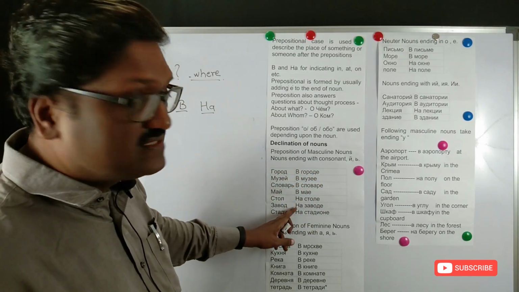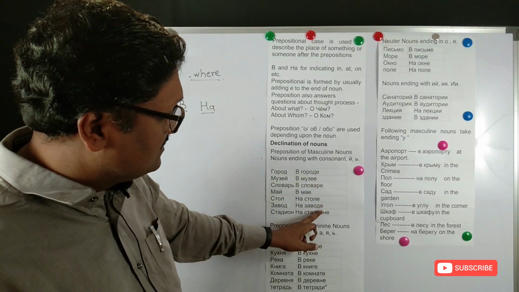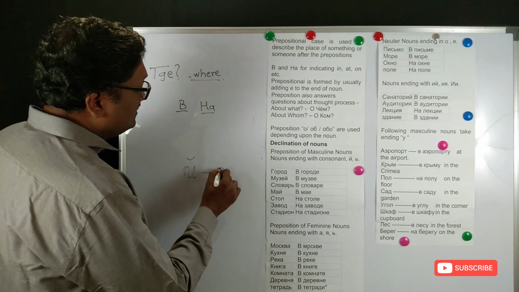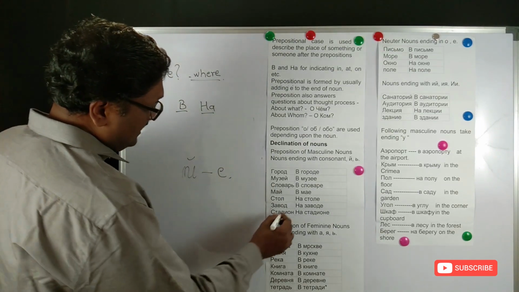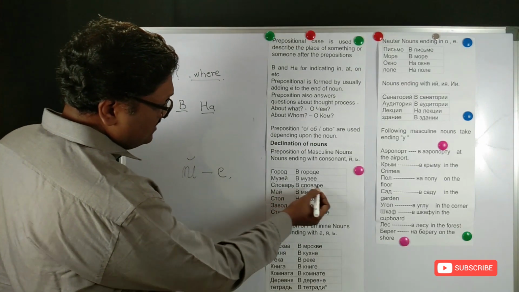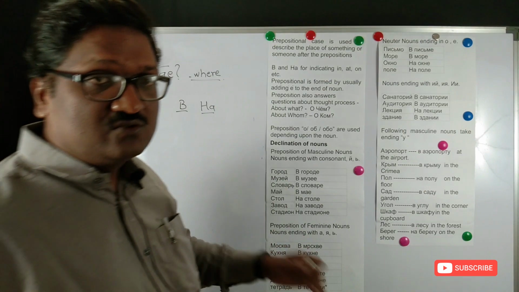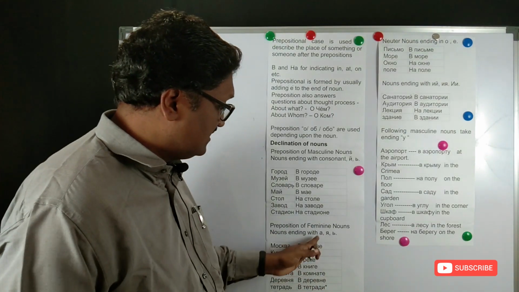The words v and na are added to them, and the ending ye is added to the endings. The e kratkaya is replaced with ye, and for zavod, ye is added. Slovar, in slovar, the soft sign is replaced with ye. So these are observations. Now for the feminine nouns, we all know how the feminine nouns are indicated.